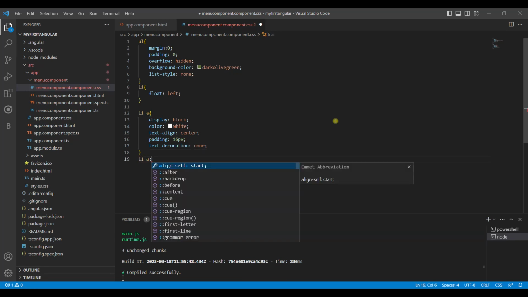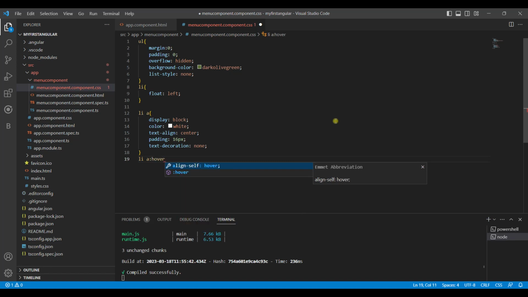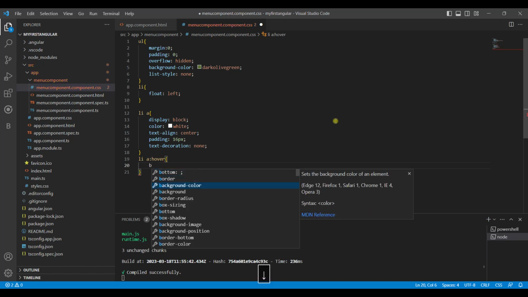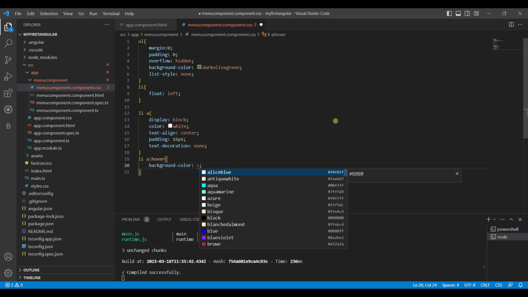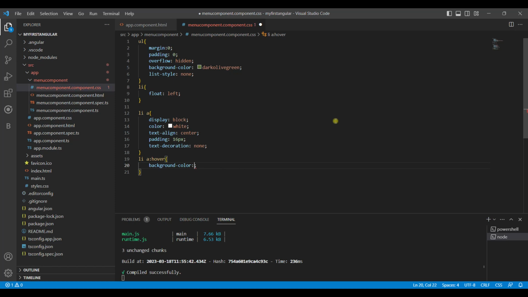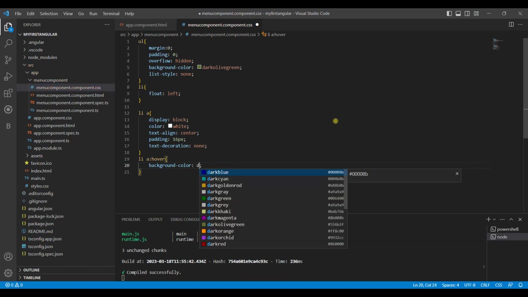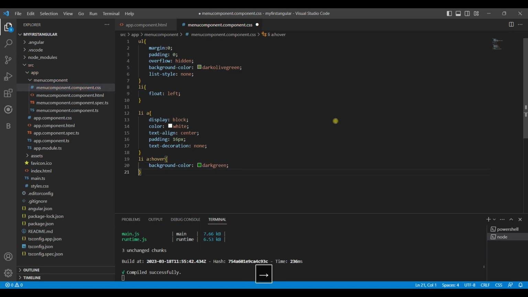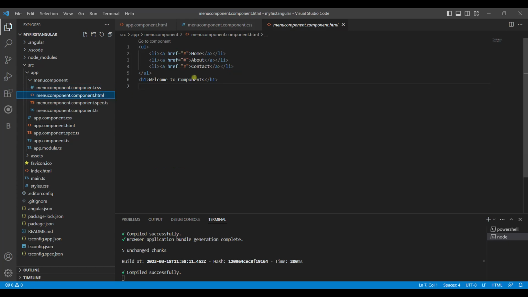And we give a class for hover, that is li a:hover. Change the background color to dark green. So we specify normal classes for the elements inside our menu.html. We specify the class for the ul and li inside it. Now we go in the menu component, and over here we have this tag. Now as we save it,